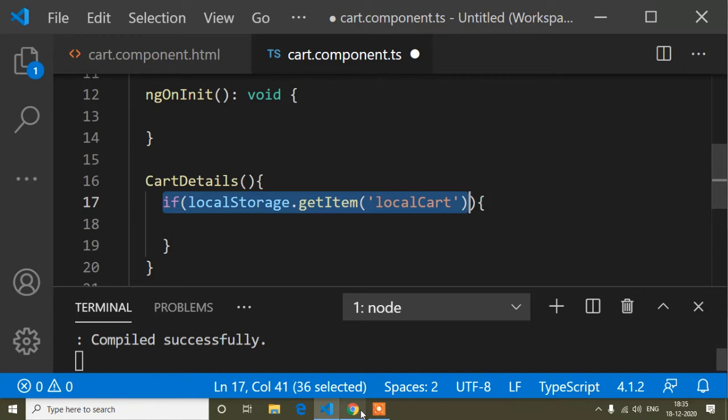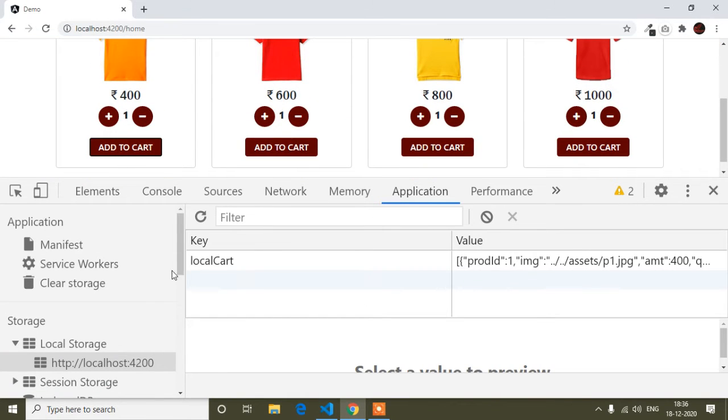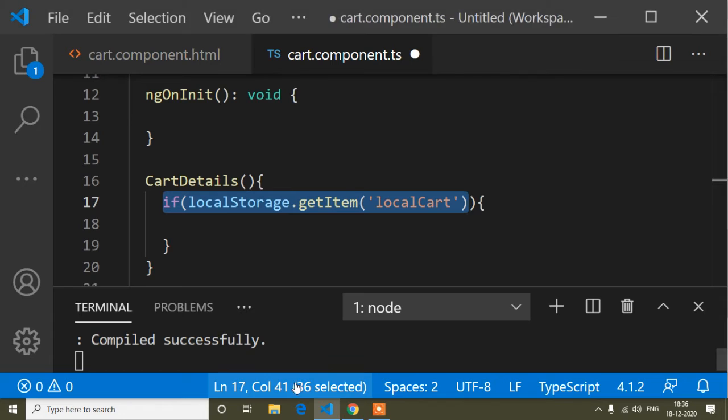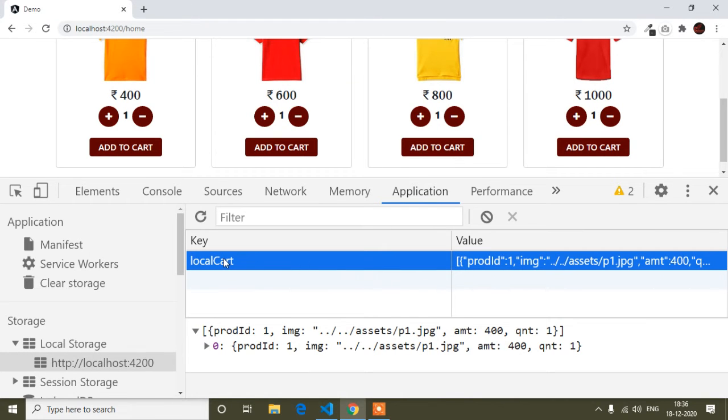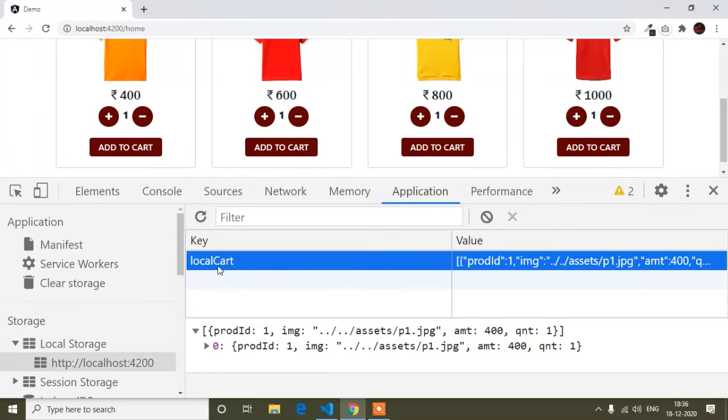But when I get a key or a value, then I will do our condition. So now I'm getting the key local cart, and inside this key I have added a product. Because in localStorage.getItem I have written local cart, that means I'm getting it now.